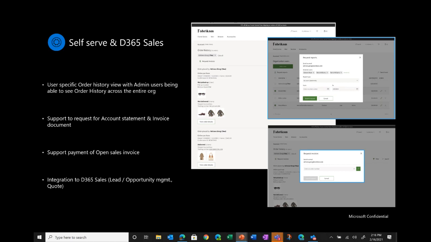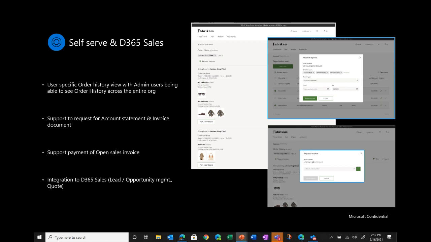Once that opportunity is approved and marked as won, it could trigger the approvals in Commerce HQ for onboarding the business partner. So that was one of the scenarios where we are enabling tighter integration with Dynamics 365 Sales. As we build additional capability for B2B e-commerce, we would enable more integrated scenarios with Dynamics 365 Sales. The solution and capability that I spoke of so far is available in public preview today.